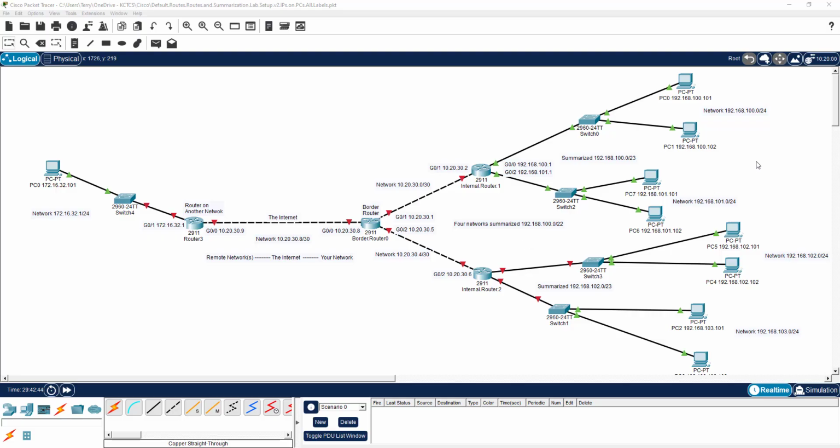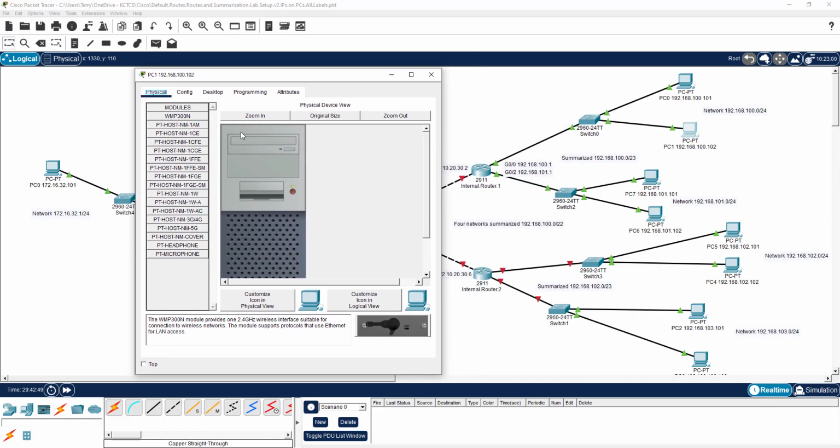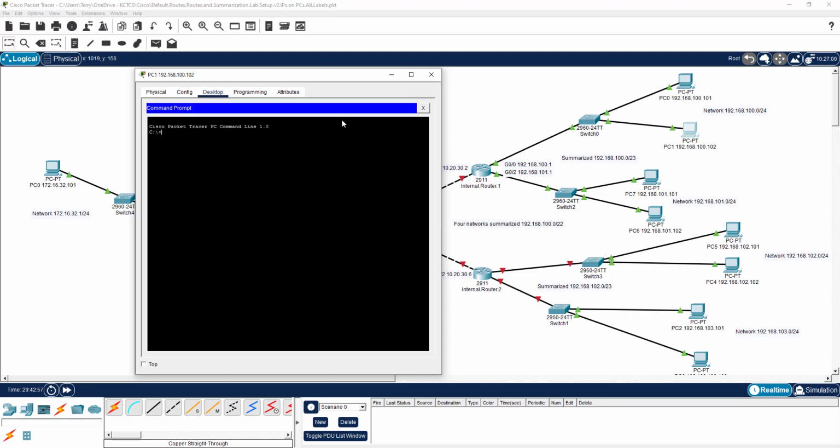So just keep that in mind. So here's what I want to do. I'm going to click here, and I'm going to use Packet Tracer's desktop to ping this computer. So go to the command prompt and type ping,